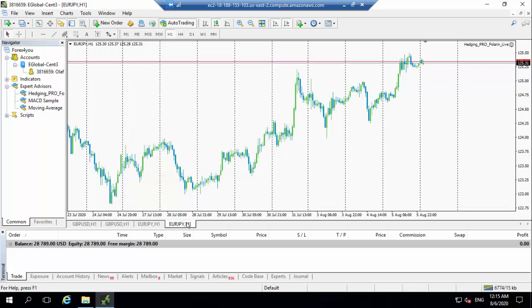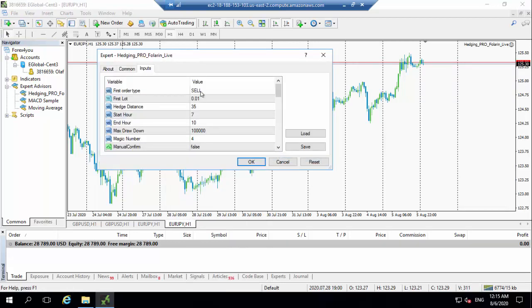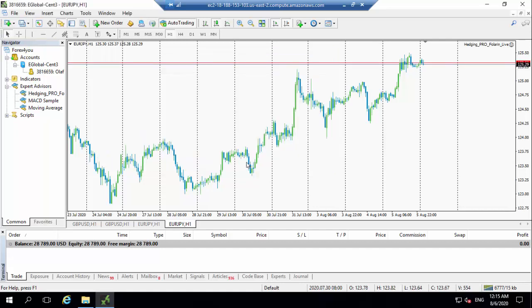So I click here, come to the first chart, look at it here, and come to property. We see, and it's selling, and it's okay. Our magic number is 4. So we are not having 2 charts using the same magic number. This is how I'm going to trade, and by tomorrow evening or night, I'm going to show us the result of my trade, because I believe if the market opens earlier before London market, I will use volatility in the London market to close the trade